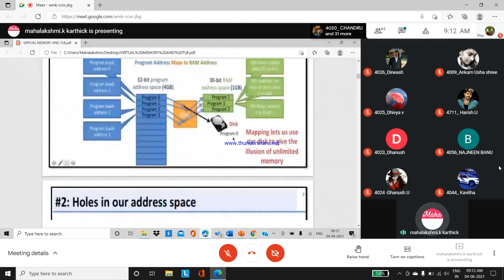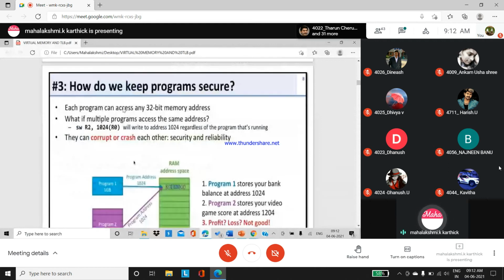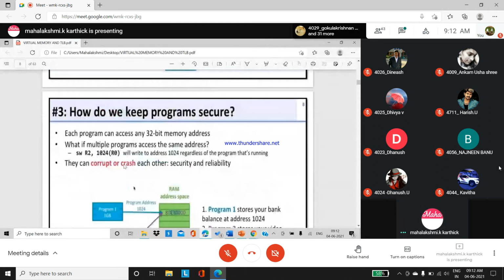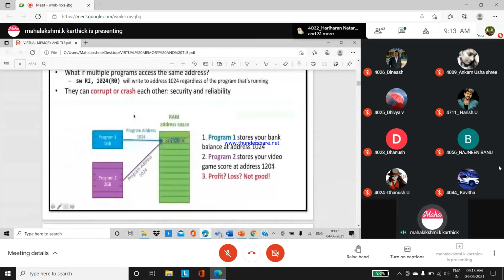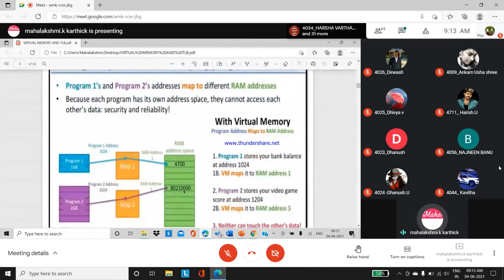After that, to keep the program secured without any crash. In what case does this crash occur? In our RAM, at the same time, if we are not using the virtual memory concept and we download an application larger than the size of the RAM, then we will face data loss or a crash in the system. So to solve problem 1 and problem 2, program 1 and program 2, we go for this virtual memory concept.